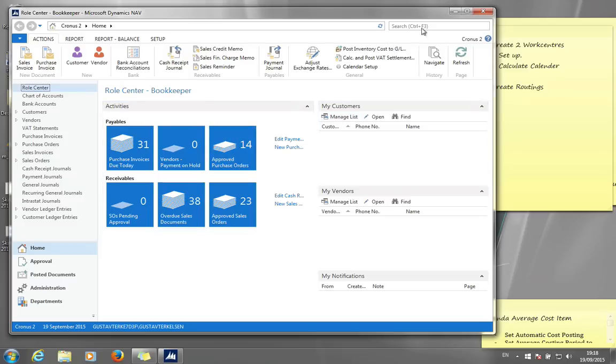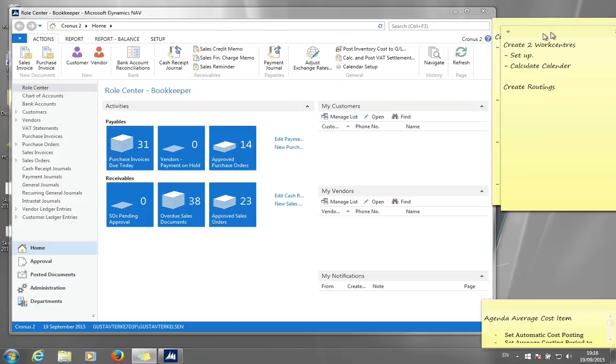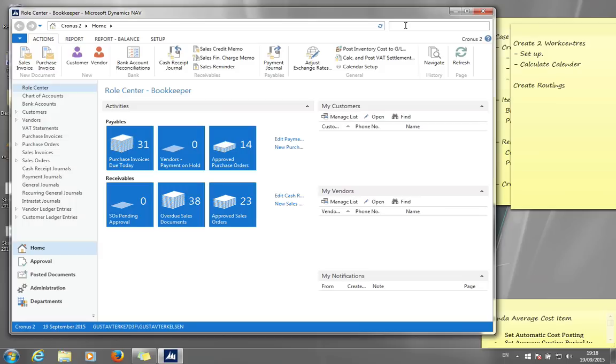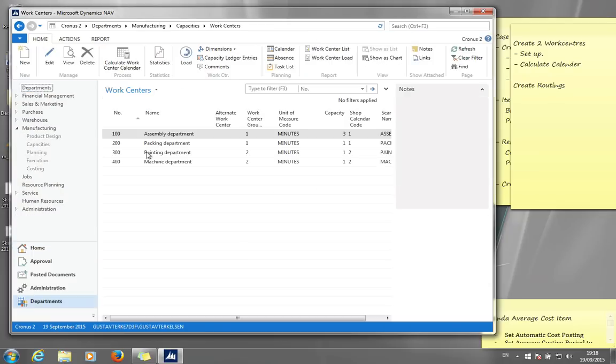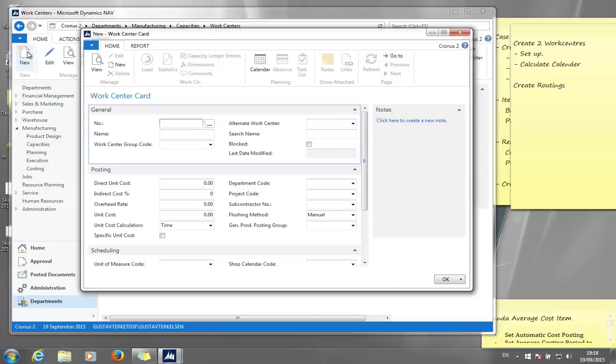Okay, so let's get started with this one. The first thing we need to do is to create 2 work centers for our route. And those 2 would be the carving station and the painting station. So we're gonna go to work centers and create new, and we'll call it carving station, and we'll add it to the production department,